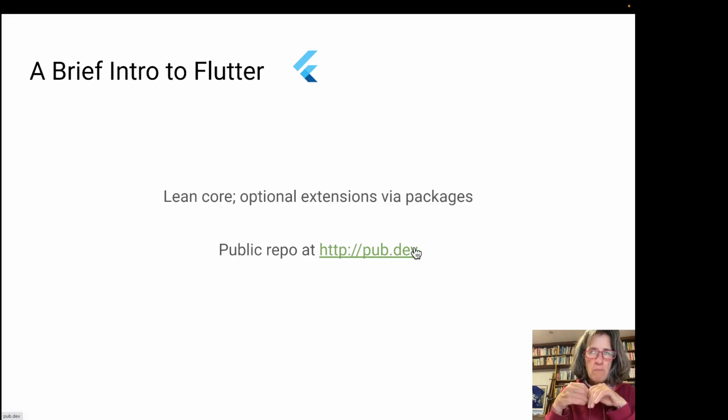And so what this means is that the entire community is again participating in the process. Many of the top packages are provided by the Flutter team themselves, but by far not all of them. For example, currently the most popular package for routing has not been provided by the Flutter team, but by somebody externally. And everybody has the same opportunity of posting their code, their packages.